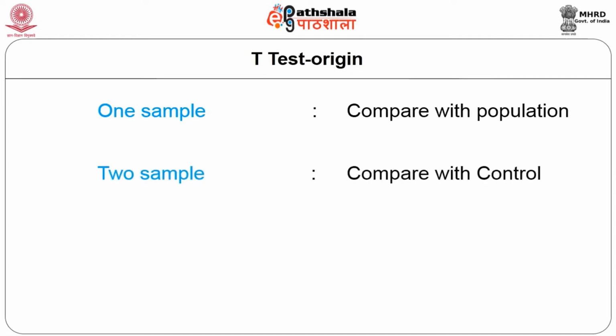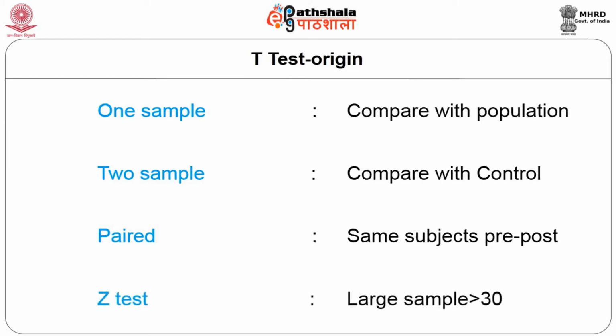And the two sample test is where both the means belong to you. For example, one is the experimental group and another is the control group. You conduct an experiment, take the mean from each group, and compare whether those two means are statistically significant or not. The third one we encounter is the pre and post kind of study. For example, you repeat the same subjects initially and finally, to see whether the intervention has any bearing on the final outcome. And whenever the sample size is large, the t-test is also called the Z test.